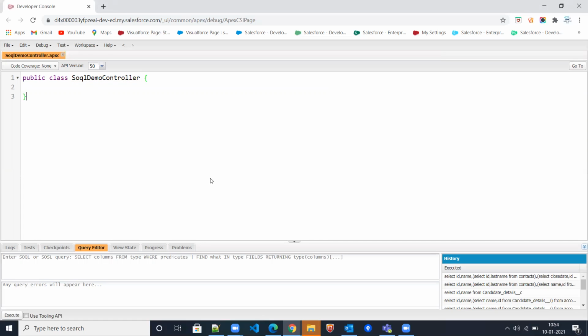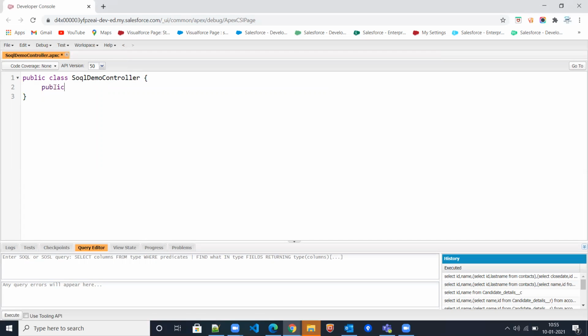So apart from this, if you go to development and all, we'll use all this SOQL in our Apex class. Okay, not in the Visualforce page. Yeah, we'll definitely use whatever it returns. For displaying on the UI level, we will call the Apex class, with all these fields on our Visualforce page.